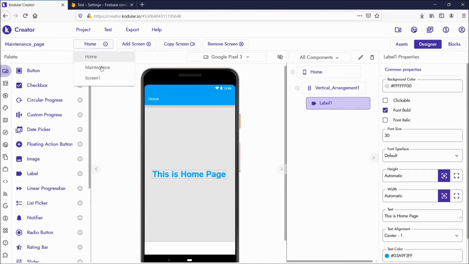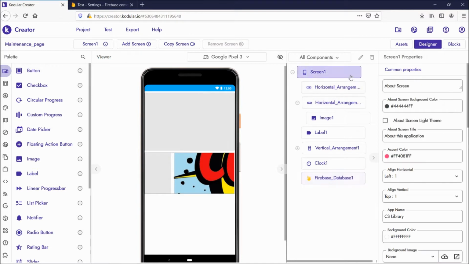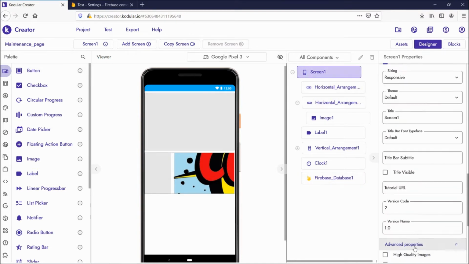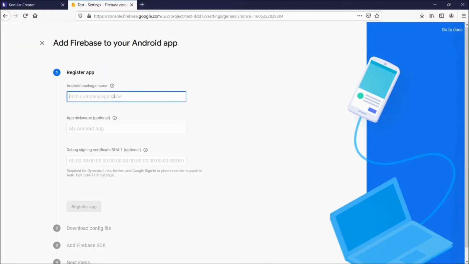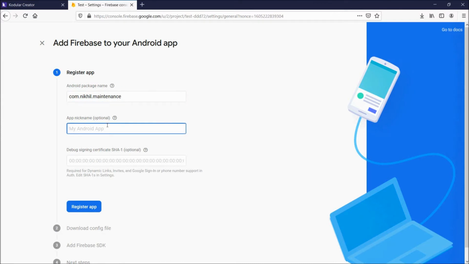Go to your home screen, Screen1, go to advanced properties, and here you can find the package name. Copy the package name and paste it here, and give your app name. I gave my app name as Comic Nickname. If you want, you can give your keystore here, otherwise you can skip it as it is optional. Just click on register app.